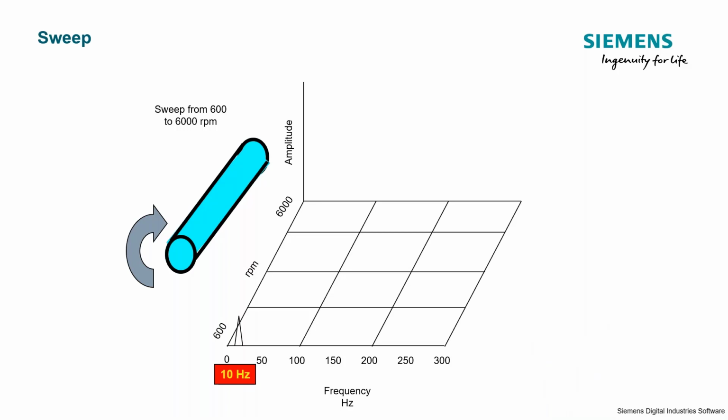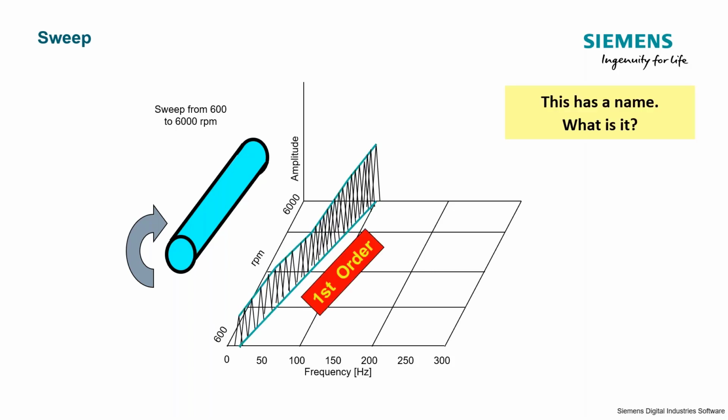If we add a third axis to that plot, so now we have RPM, frequency, and amplitude, we can plot those 3 speeds that we just discussed. We have an amplitude at 600, at 3,300, and at 6,000 RPM, and the corresponding frequencies are shown here as well. So if we ramp through that speed, 600 to 6,000, then we can fill in all those blanks, connect the peaks, and that's what we would call an order cut, and it would be first order.